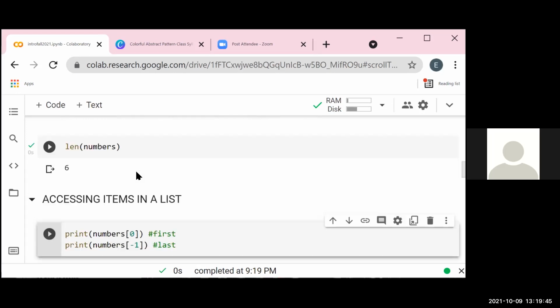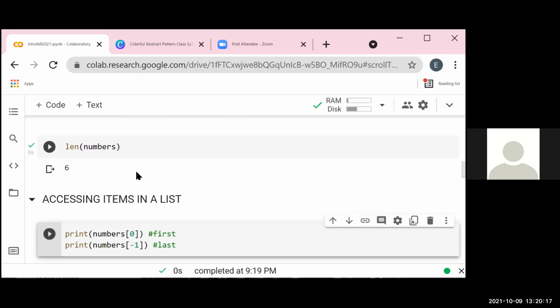So now we can access items in a list. And how do we do that? That's where the point that a list is ordered comes in. We order a list in terms of indexes. And in programming, we always start counting from 0. We don't count from 1, we always start counting from 0. So the first item is always indexed 0. Indexing is how we order them using indexes.